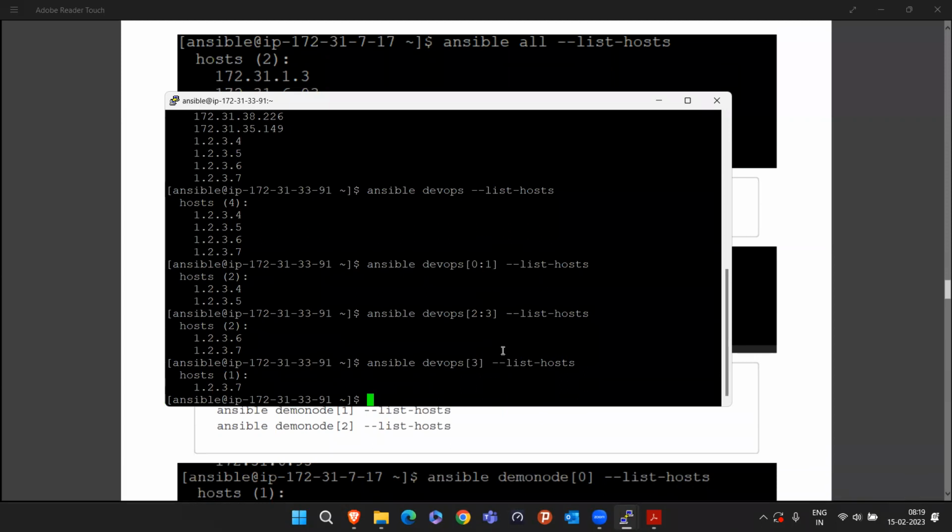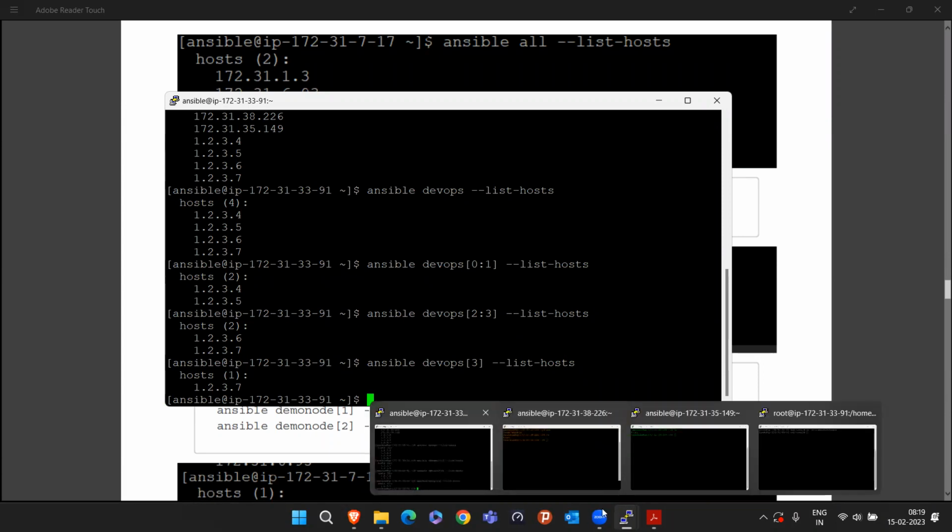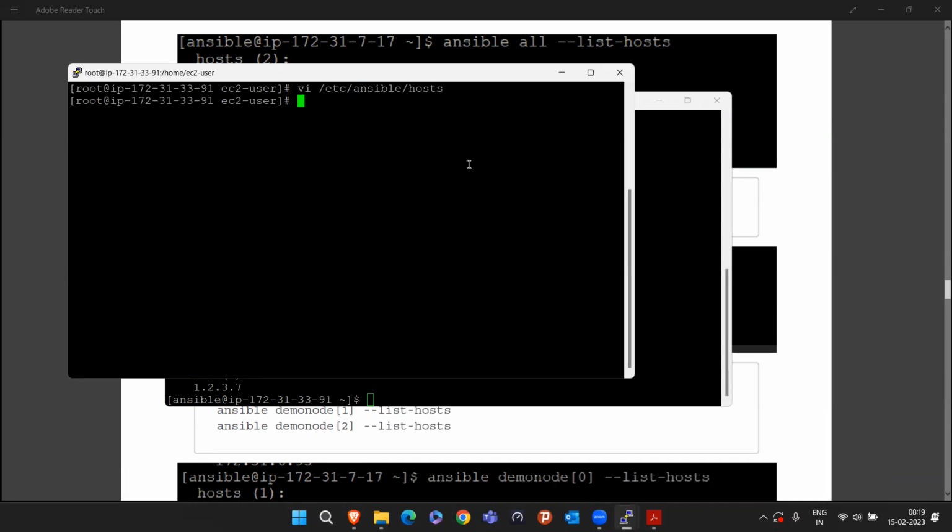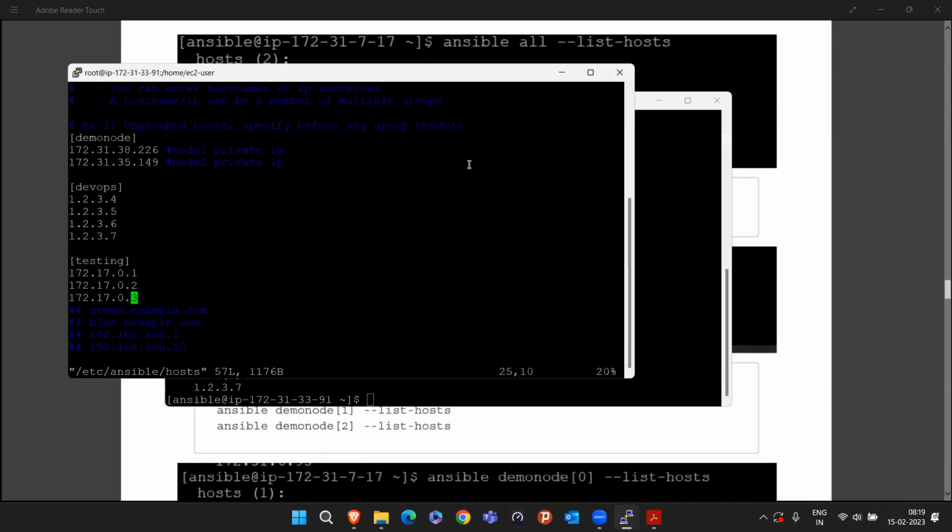But for our practical currently, we don't have this many machines set up. We have only one machine set up. That is our demo node. So I'll simply go into this file again, and whatever extra thing I added, I'm going to delete it. Even if you keep it, there is no problem, because every time,